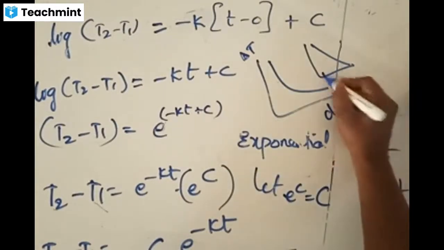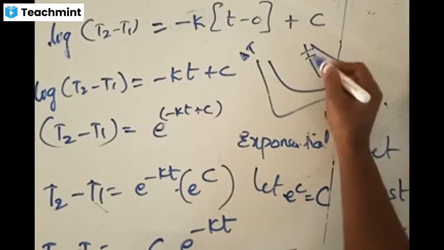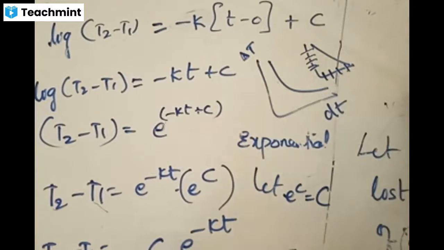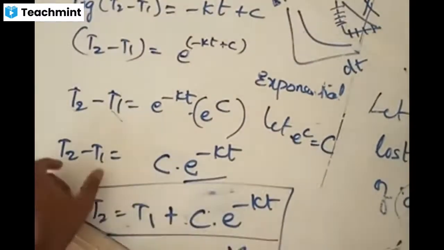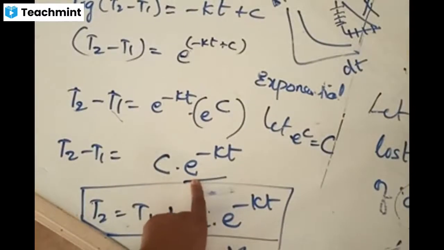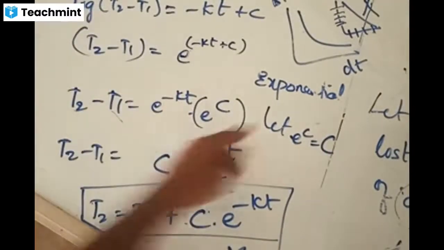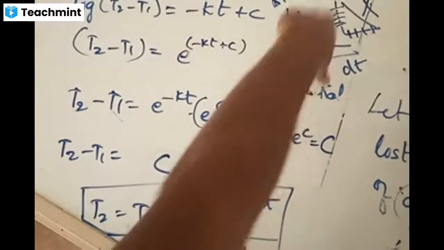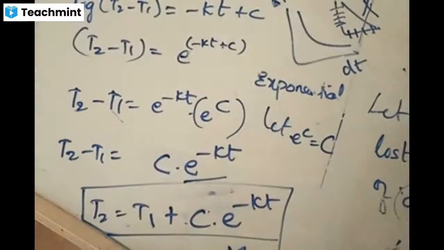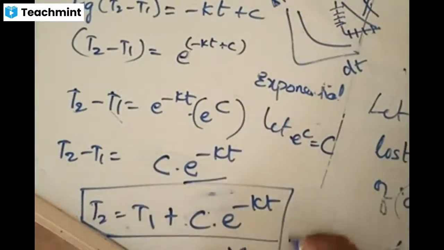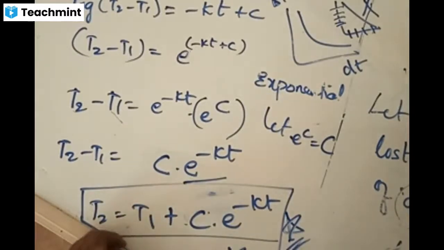This indicates that equal changes of time result in equal changes of temperature, but that is not happening in this case. It is varying because of the presence of the exponential term. We say the change of temperature is varying in exponential terms, which means the decrement takes place in this curved form, not in the form of a straight line. This is the final equation needed for us. I'll now tell you how to make use of this formula to understand numerical problems. This is an important question.